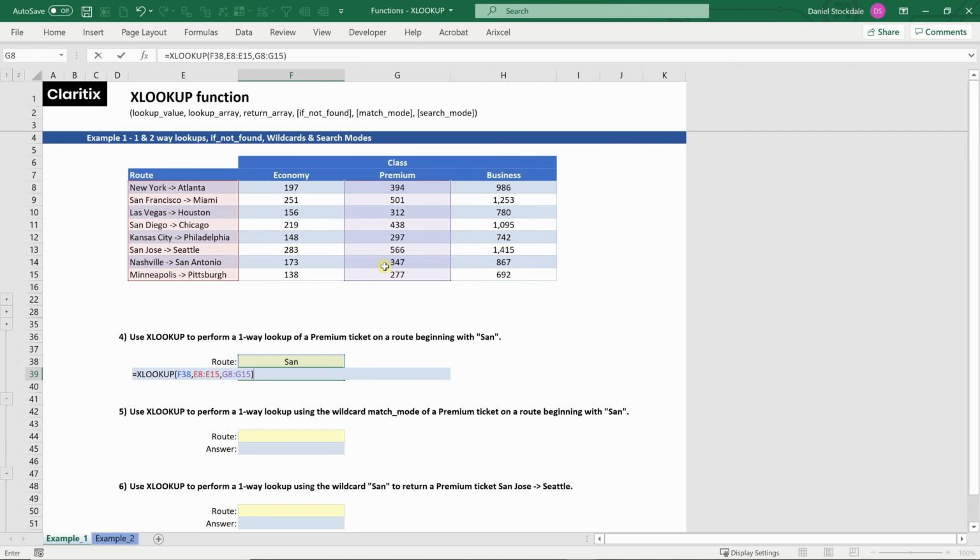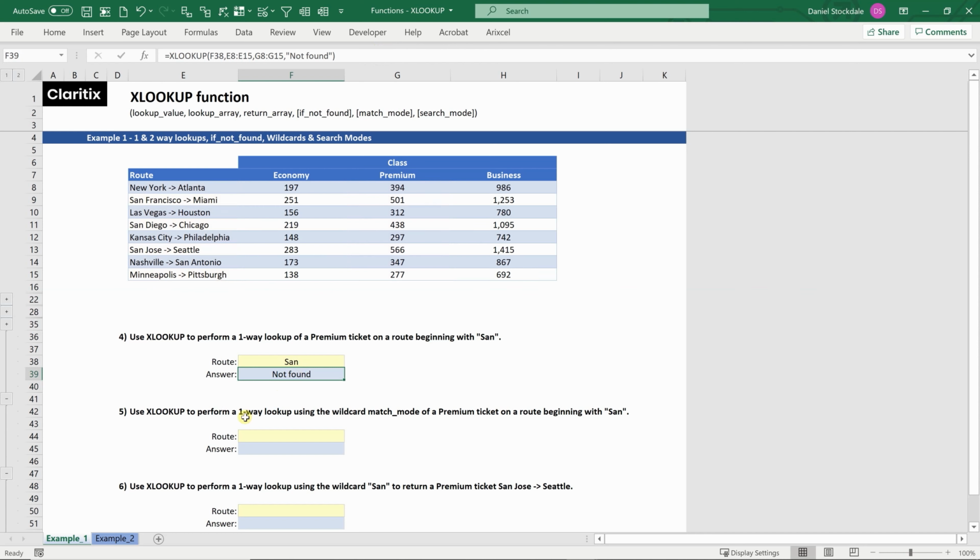If I close the bracket, it's returning an NA, and that's because it doesn't find SAN within this data. There's not actually a cell here which just says SAN. And so firstly, I can go in here, and if that doesn't exist, I can put comma, and then we've got this option, if not found. And I could type in some text here, so I'll do the quotation marks, and then I could put, for instance, not found. If I press enter, when the XLOOKUP doesn't find SAN here, it will just return not found.